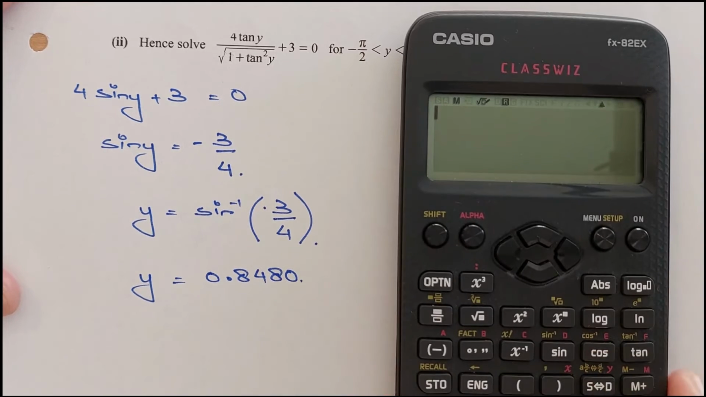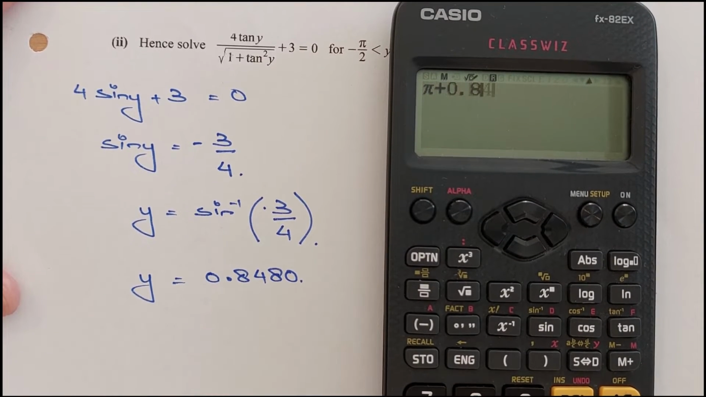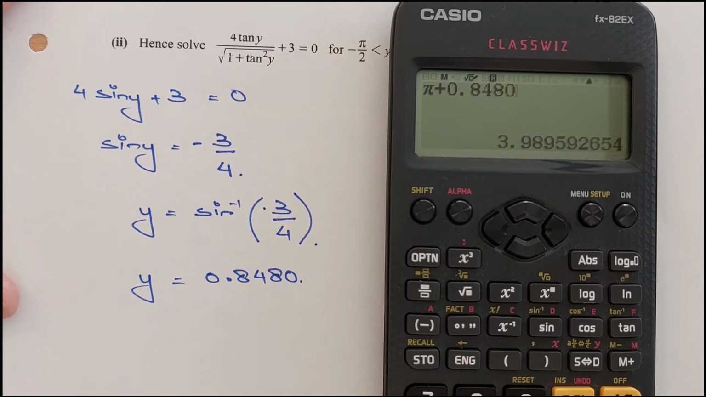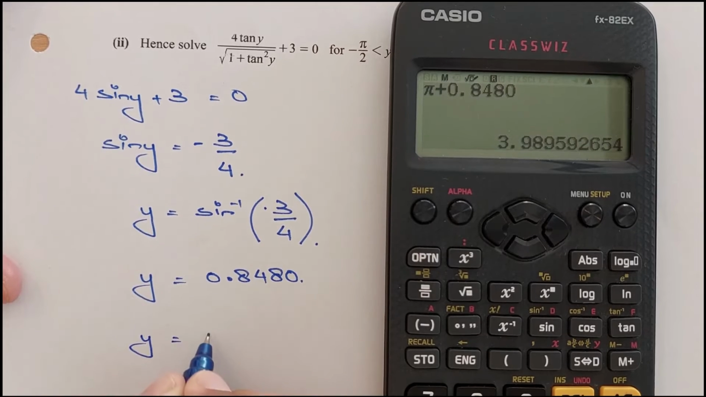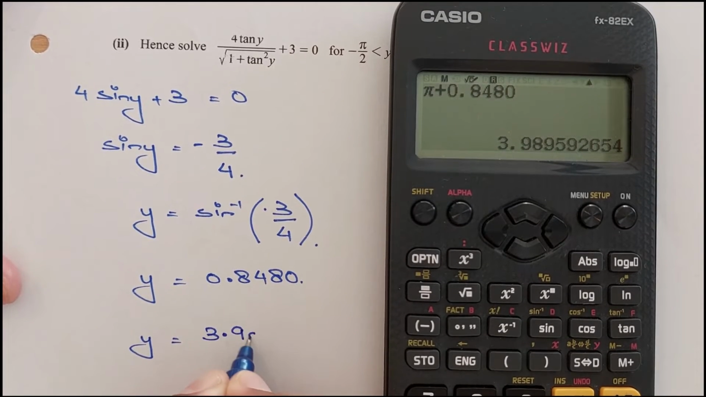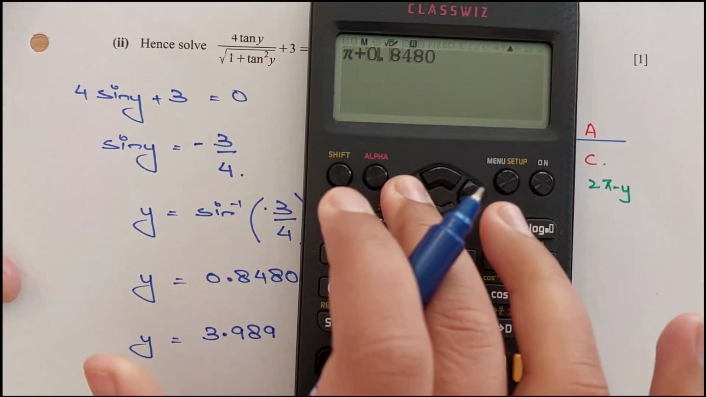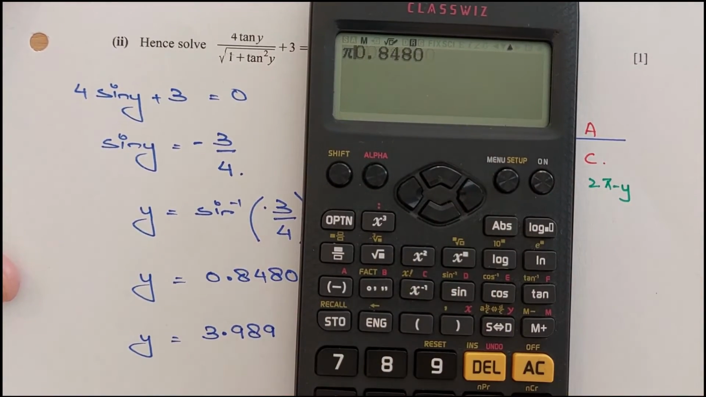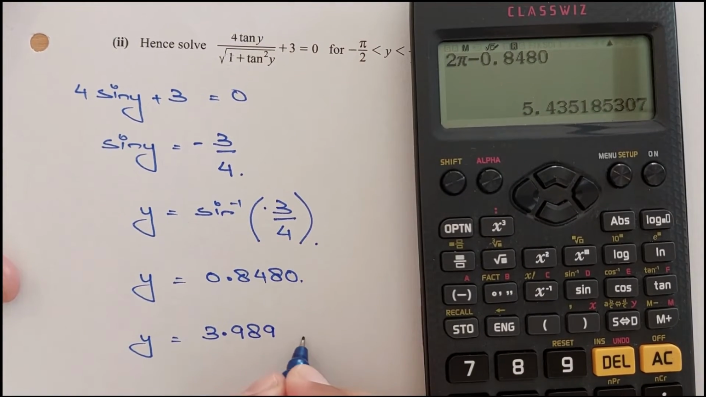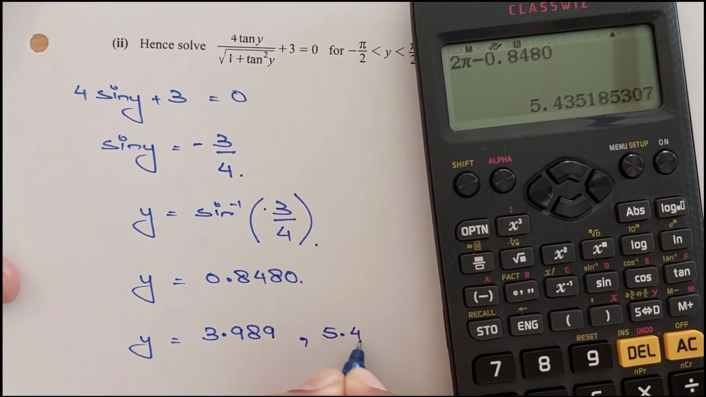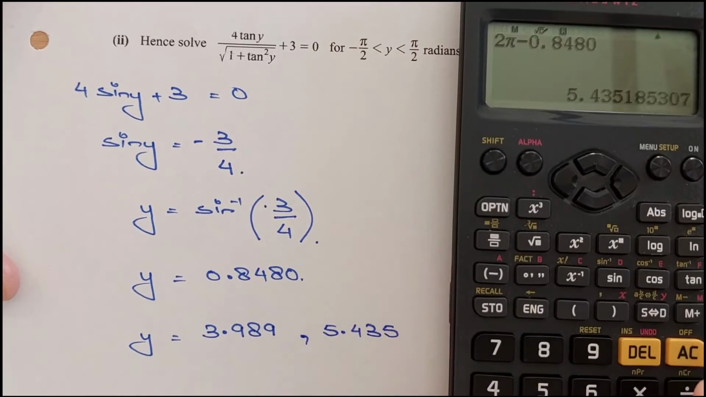So let me find the two values. In pi, we add 0.8480, right? So the y value we got is 3.989, and if we do 2 pi minus that y value, this equals 5.435. These are the two y values, but you can see we have a domain between minus pi by 2